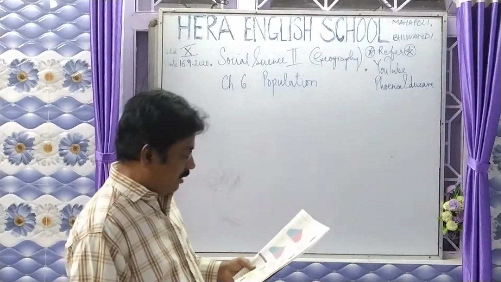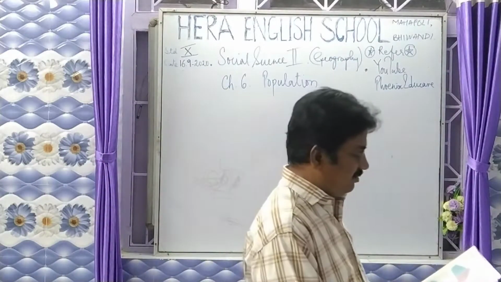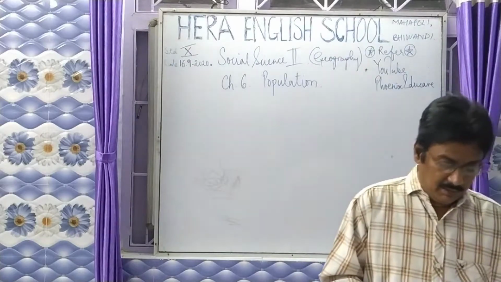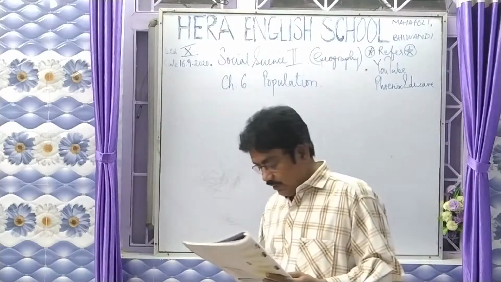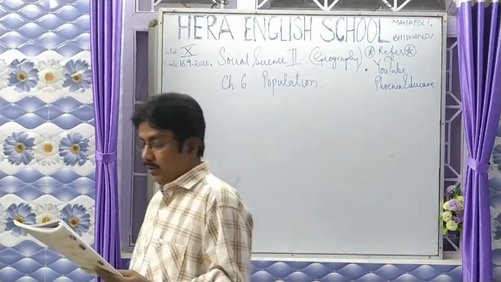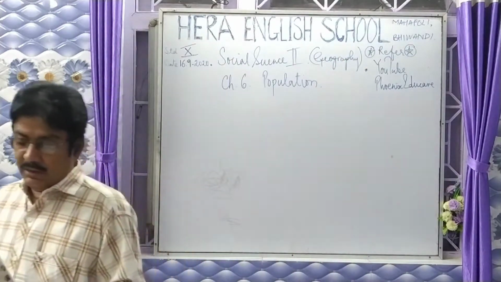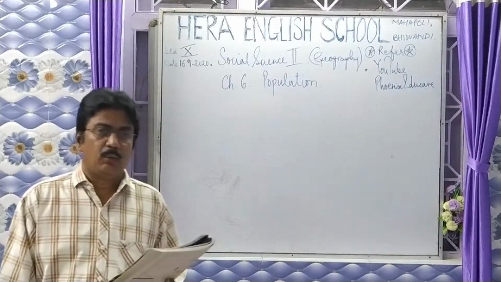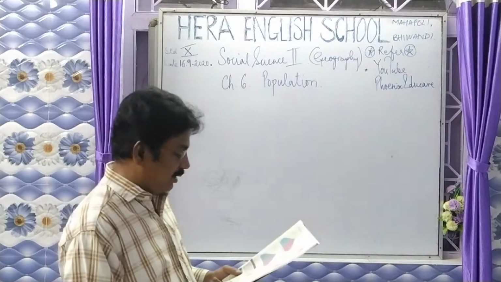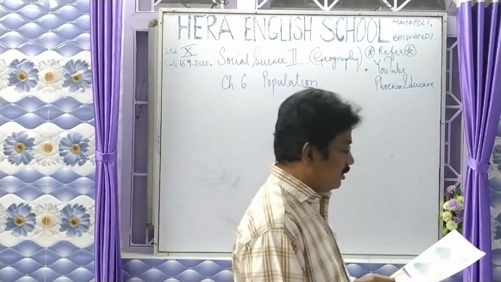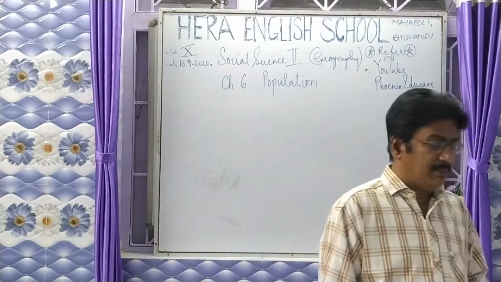Now we move on to the next topic, that is age and sex pyramid. If you look at the graph, you have to look at it in a two-dimensional method, because it is showing you two things at the same time. One is age and sex pyramid, page number 41, graph number 6.4, showing you age and sex pyramid of Brazil